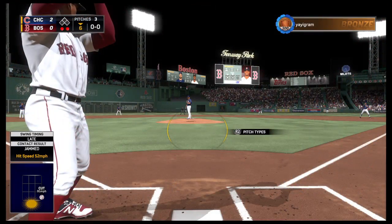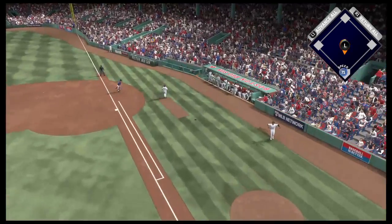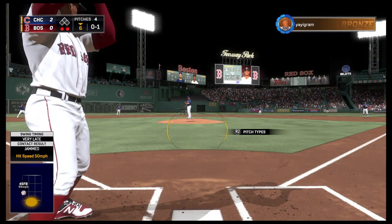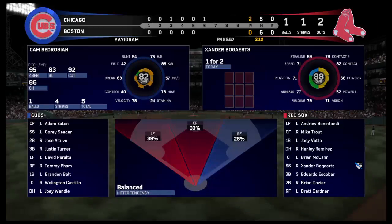Here's Xander Bogaerts now. He doubled earlier in the game. 1 for 2 to this point. Swing, and he pops him up over toward foul territory. And this is going to wind up a foul ball. Comes set, and the 0-1. And this misses the outside corner, so it's